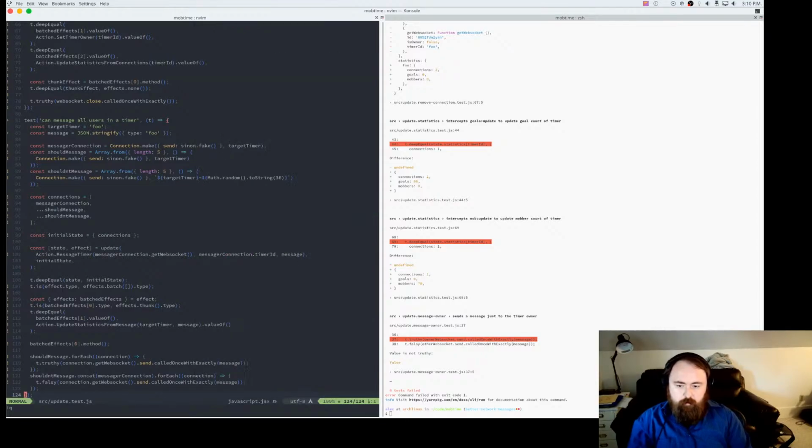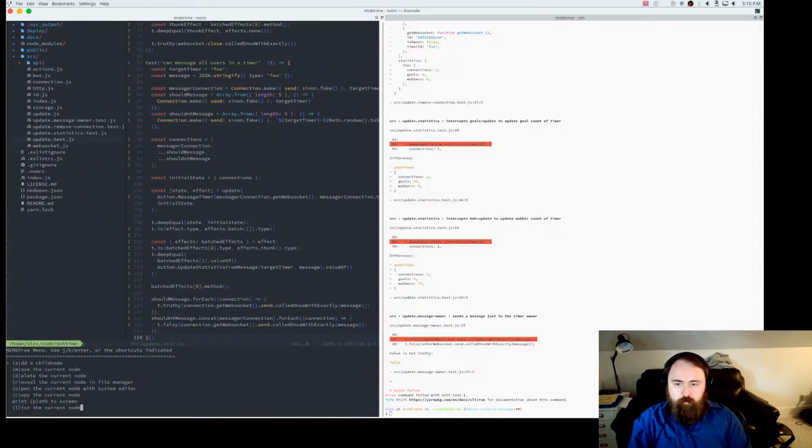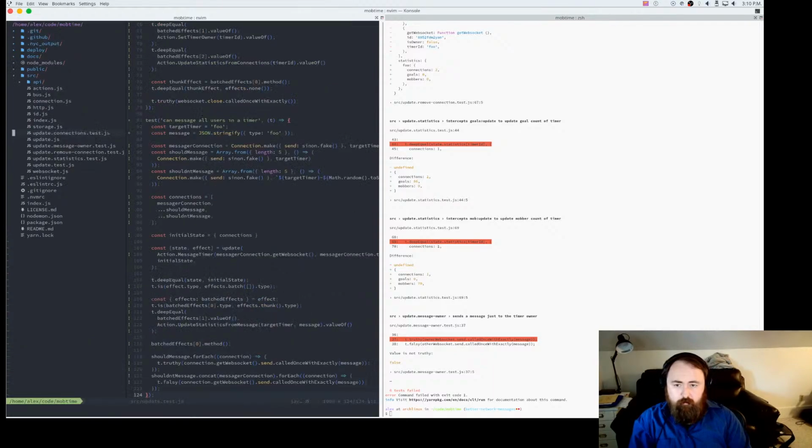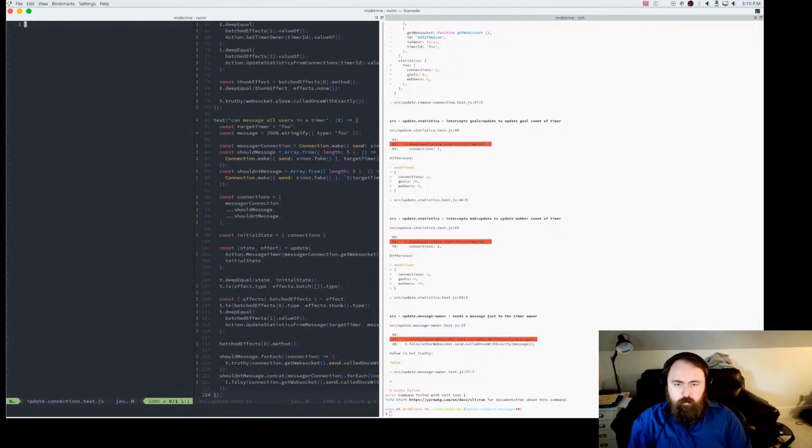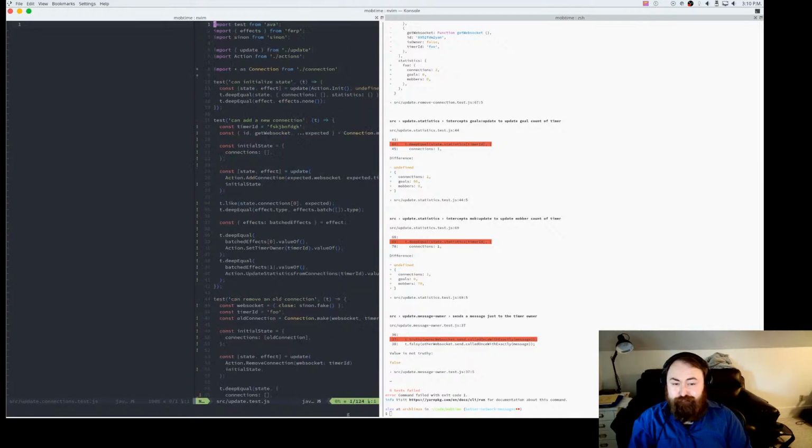So we're going to close this and we're going to make a couple new files. So this is going to be update.connections.test.js. Oh, we've actually got some specific ones for remove connection. Alright, we'll probably combine these. I'm going to just grab all the stuff I'm pretty sure we need.